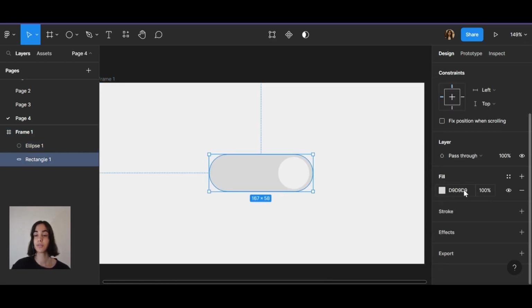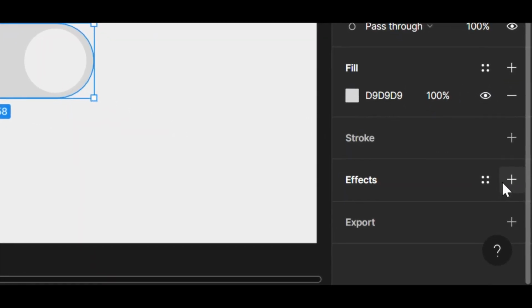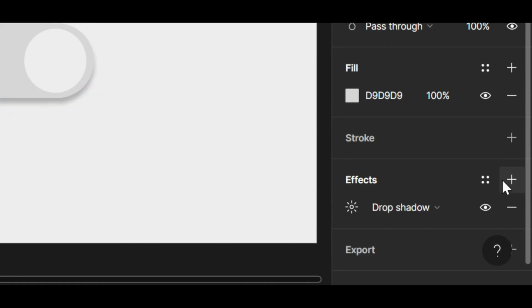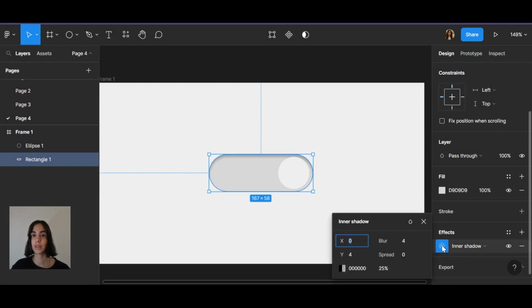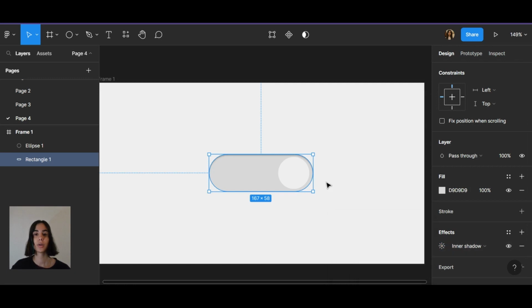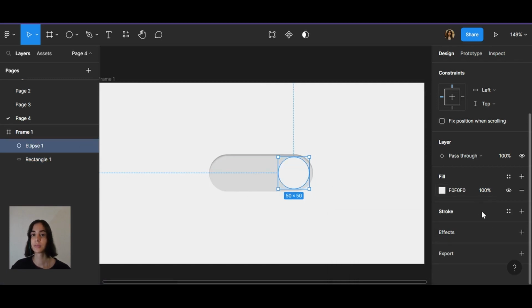now it's time for effect. Click on plus button and click on drop shadow and change it to inner shadow. Okay, and you can adjust it. For example, I think it's good, and click and drag. Okay, and here